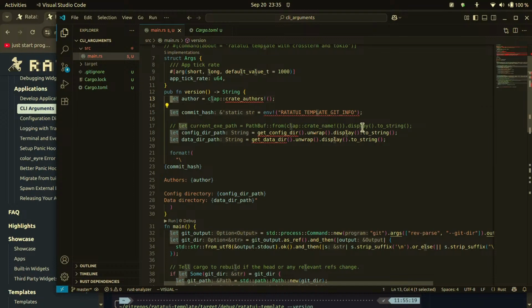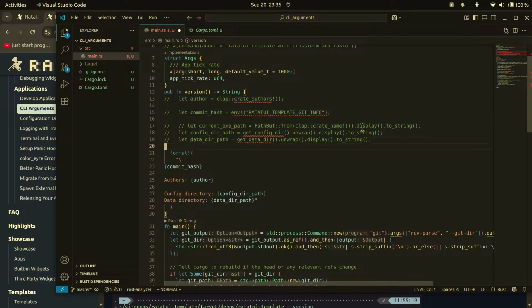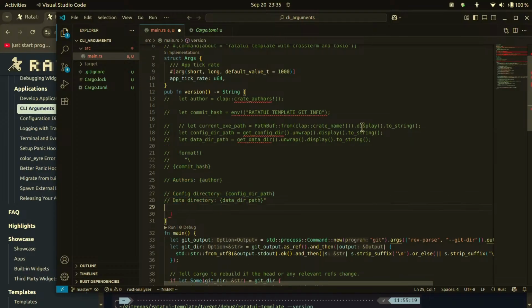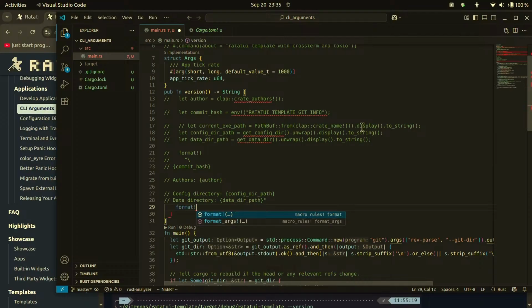What can we do? Maybe comment this out. Comment this out. Just return format version